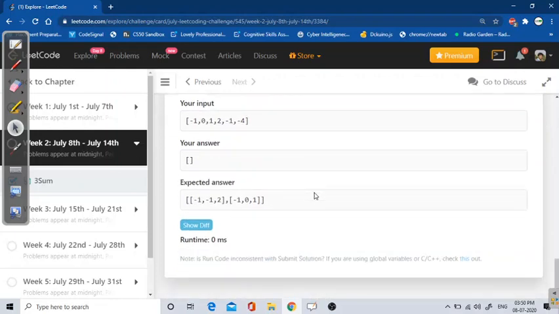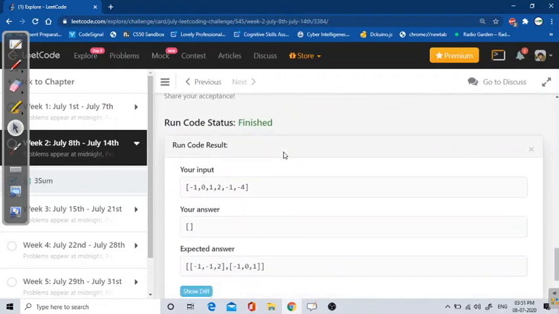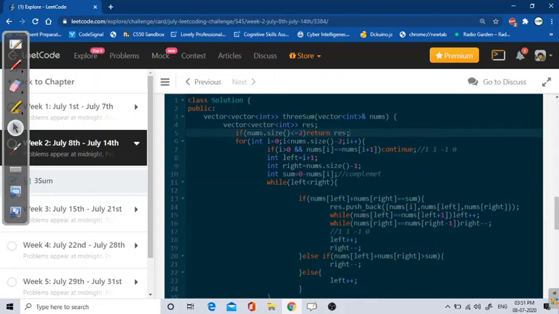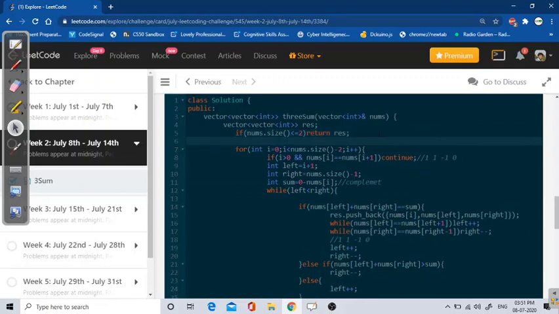Okay, still we got null value. Let's see what the problem is. First of all we check if nums dot size is less than or equal to 2 and return. Okay, we forgot to sort the elements. That was the main thing we forgot. So nums dot begin and nums dot end.